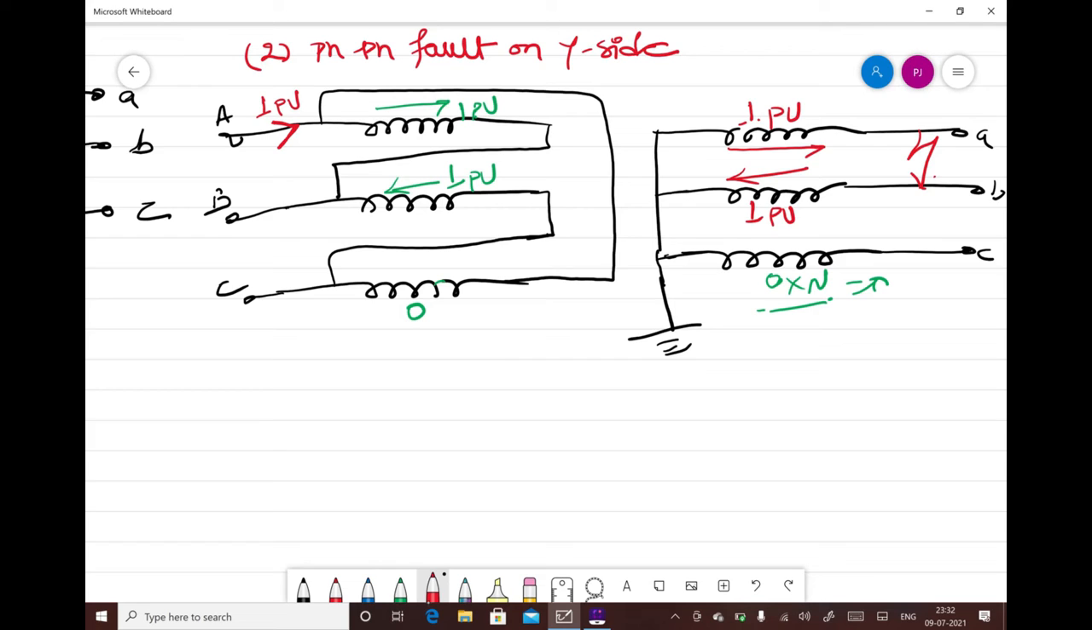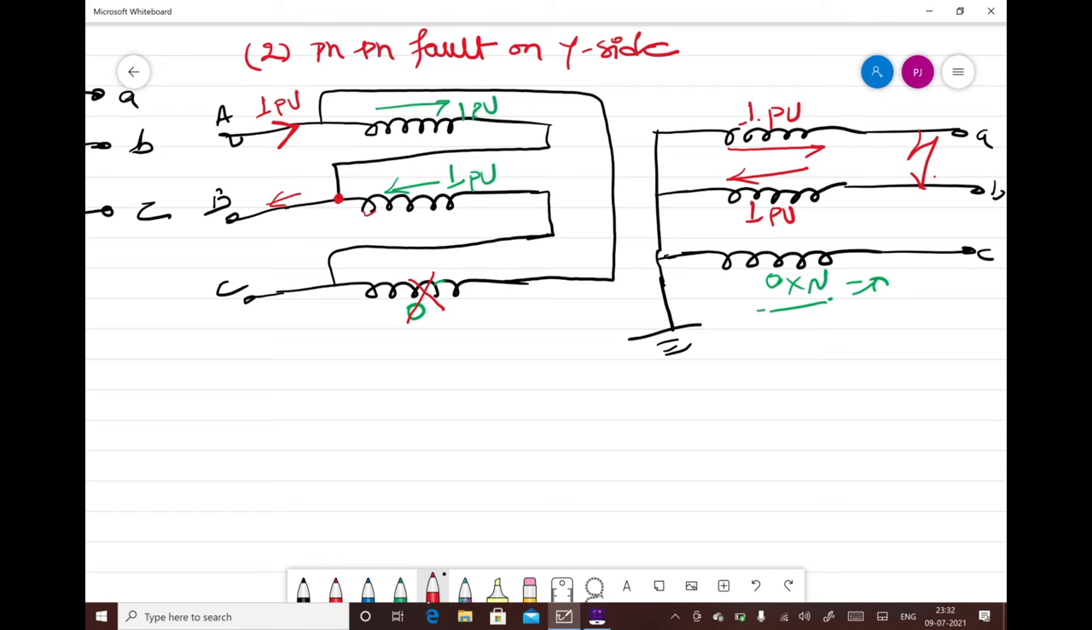It can go either through this winding or it can go through this path, but this current of 1 pu cannot go through this path because this is open circuit over here. So this current of 1 pu will go through this path. Now in this winding, when this 1 pu current comes here, it will have two paths. It can go through this side or it can go this side, but this 1 pu cannot go this side,